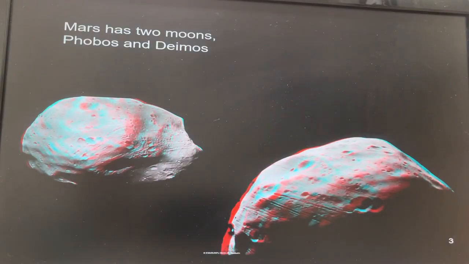Mars has 2 moons. Their names are Phobos and Deimos. Now, you have lots of questions in your notes, so please pay attention to all the questions. You can always come back and answer the questions later, but it's probably best to answer the questions right away, okay? So these are in 3D, as you can see,